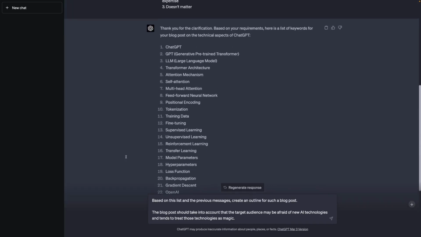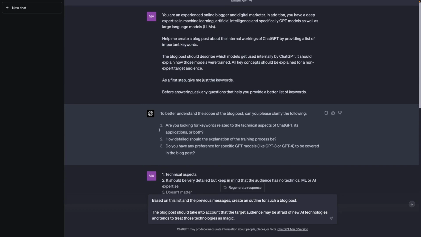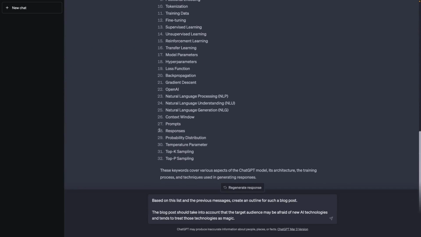Also, please note that in the end, we're of course using the laddering technique here because we're splitting this complex problem of planning and writing this blog post into multiple steps, with a separate step for planning the keywords, then a step where we plan the outline or where we get the outline, and then another step where we will